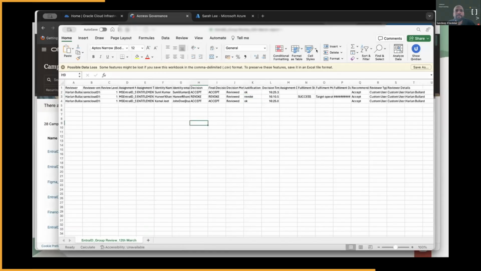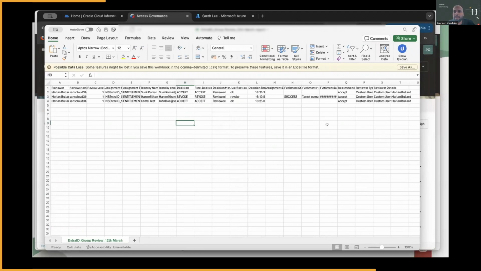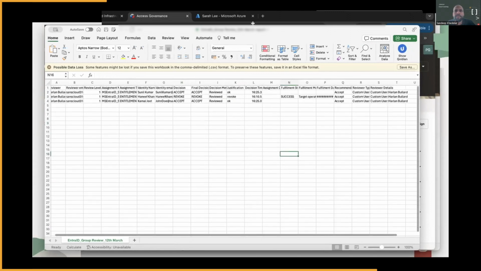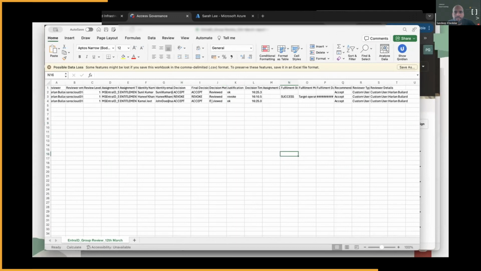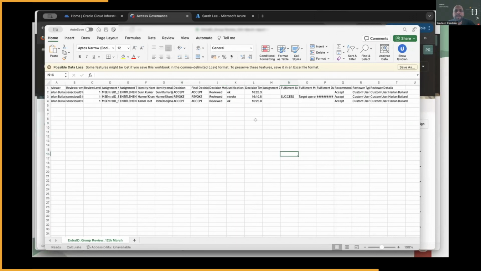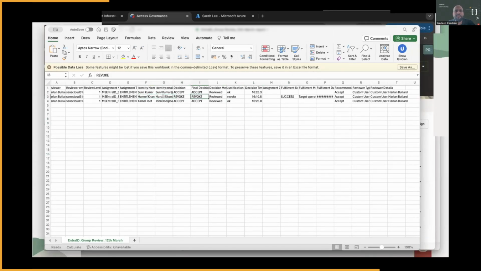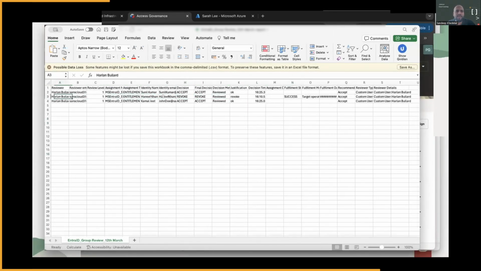Let me see if I'm sharing the right window. Yeah, I think that's the right one. So here you could see for Honey Fuser, yesterday I did a revoke action. You can do a CSV download and check in more detail as well. It shows that Harlan was the approver and all that.